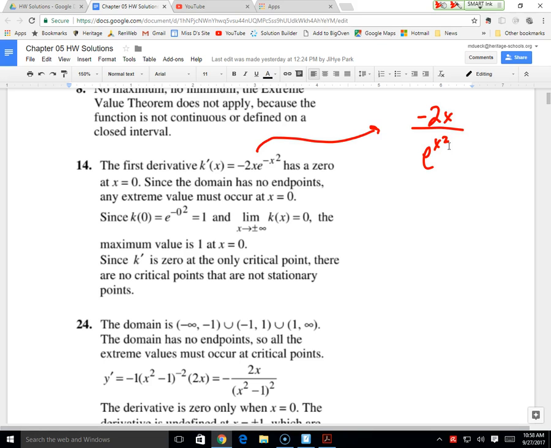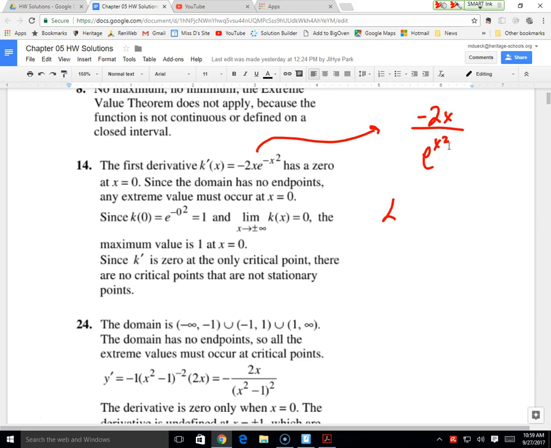And then, as I talked about, the domain has no endpoints, so it's not a closed interval. This can never equal 0, so it has no discontinuities. Wait, what was the original function? E to the negative x squared. Yeah, that has no discontinuities either, because the only denominator is e. So then we had to think about 0. You should have thought of a sign chart, because you're talking about extrema, right?